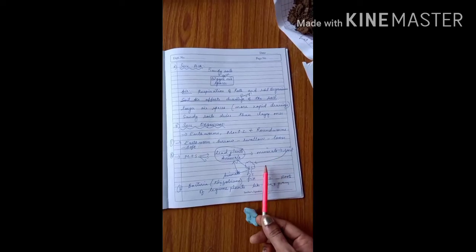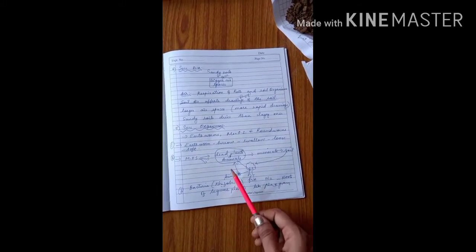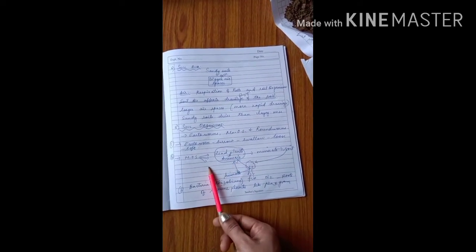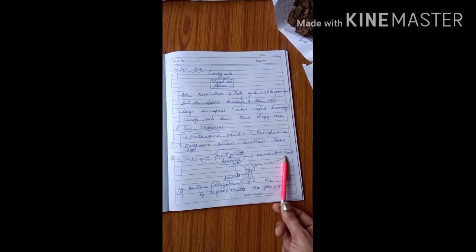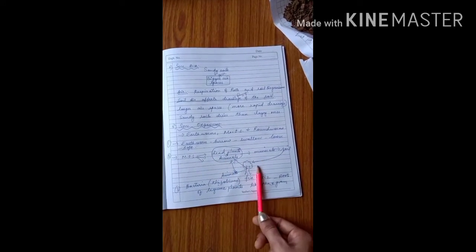Again the minerals are taken by the plants. From the plants they are eaten by the animals, and from the dead bodies of animals and plants they are again destroyed and decayed by microorganisms, changed into minerals, mixed in the soil, and taken by plants and animals. The cycle continues.